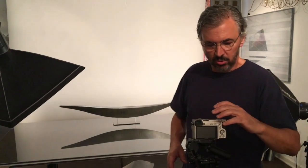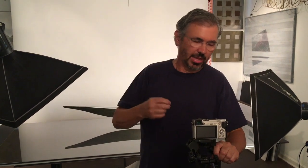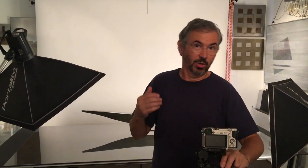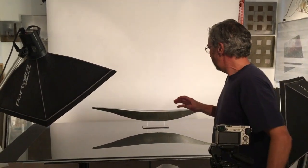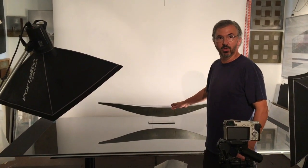As far as the camera goes, I have a Sony Alpha series camera, which is just fine for what we need it for here. It's not a great camera, it's not my favorite camera, but it's certainly functional enough to do this kind of photography. Actually, probably the new iPhone 11 is probably just as good of a camera for doing this kind of photography, but this works great. Today, we're going to be shooting, like I said, one of Julie's new boats from her